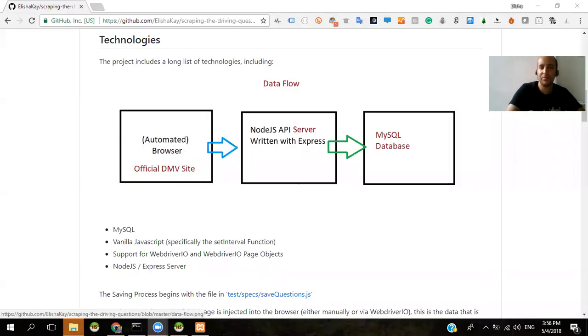Today I want to be talking to you about a project that I'm just at the tip of ending and finishing. It's called Scraping the Driving Questions of the Israeli Driving Test. It all began when I wanted to pass my driving test, and I realized that I wanted to be able to download all the questions and just read it over the weekend. And that's why I created this